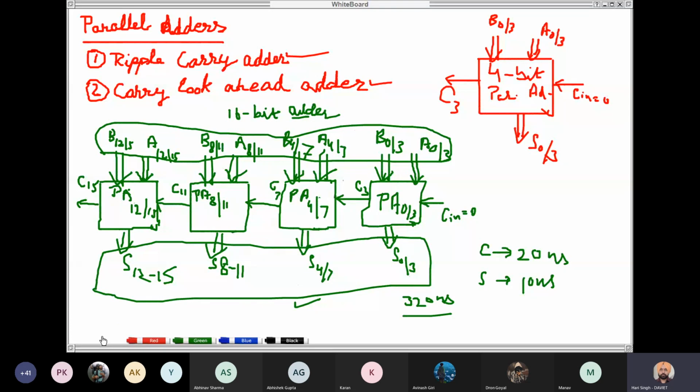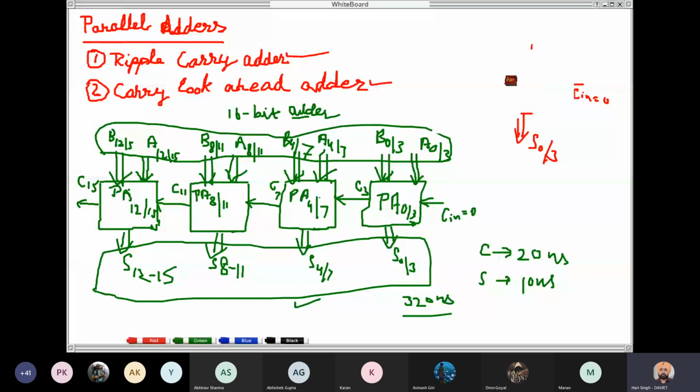Okay. So in this ripple carry adder circuit, the carry generated at any stage depends upon previous carries also. But in the next circuit, the carry look-ahead adder, the carry generated at any particular stage is independent of the previous carries, and we can calculate the carry at any stage without considering the previous carries. In case of ripple carry adder, if we are to find carry C11, then we have to consider the carries generated at previous stages. But a carry look-ahead adder can calculate carries in advance at any stage without considering previous carries.